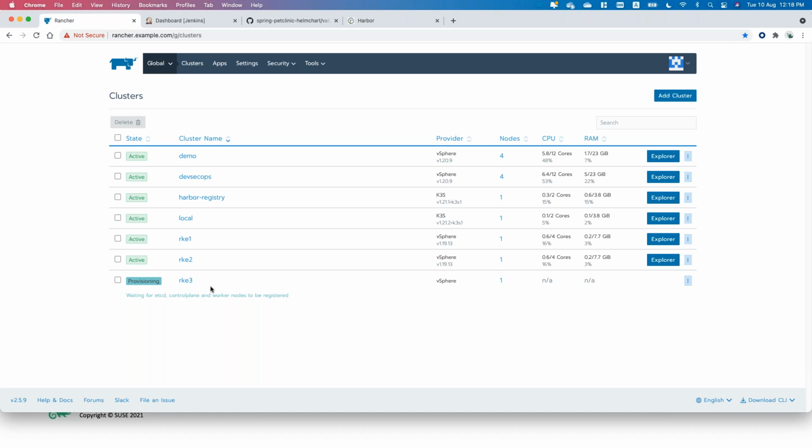So right now, what Rancher is doing is it will spin up the cluster for me. And because it has the label that is matching the demo cluster that I'm going to include, when I deploy the application, it will also be deploying into this new cluster. So this is how easy it is to provision a new cluster in Rancher. And that is why it's one of the most popular Kubernetes management tools, as validated in our previous poll. It may take a while to provision. While we're waiting for this, let me show you how we can run this